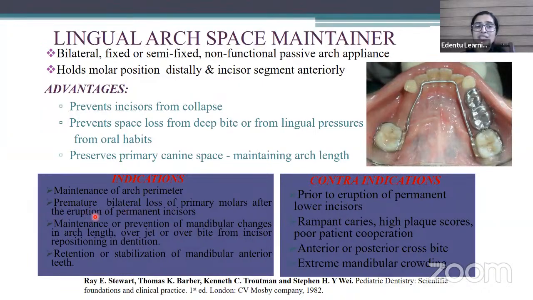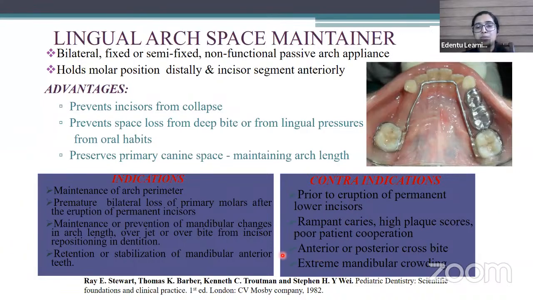The point after the eruption of permanent incisors is very important, or else what happens like this can block the eruption of these permanent incisors. And then maintenance or prevention of mandibular changes in the arch length, retention or stabilization of the mandibular anterior teeth. Talking about the contraindications: prior to eruption of permanent lower incisors, rampant caries, high plaque scores, poor patient cooperation,